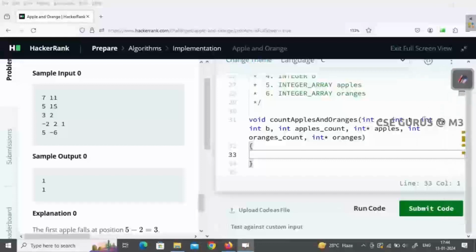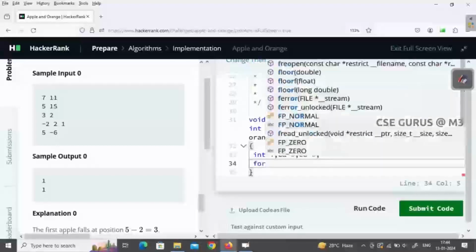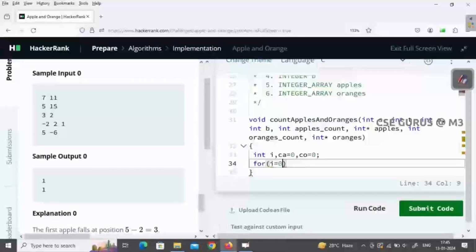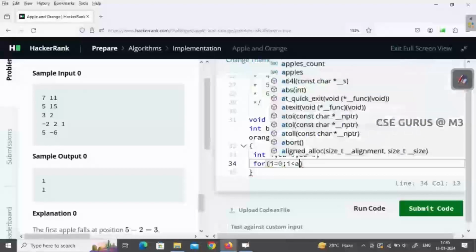S and T is the region, A is the position of the apple tree, B is the position of the orange tree, with apples count and apples array, oranges count and oranges array. Now I'll make it. First I'll take each and every apple. I'll take int i as a variable to iterate, count of apples CA equal to 0, and count of oranges CO initially 0. For i starts with 0, i less than apples underscore count,